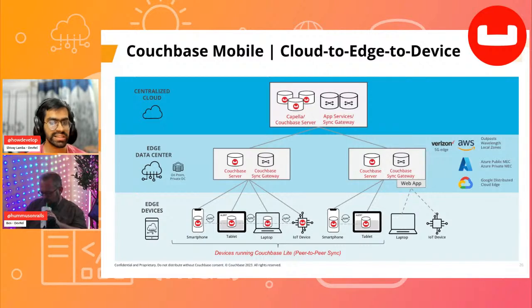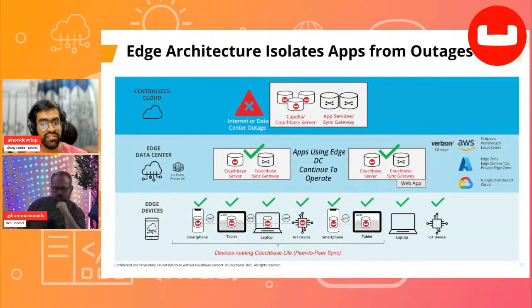And of course, one thing, as we mentioned, is that you can very easily sync. So either you have the peer-to-peer sync, which can be accomplished within all of the edge devices, or you can sync one layer above, through your centralized cloud, or if you have some edge data centers. And the great thing is that even if you have outages inside of your centralized cloud, which, as we know,